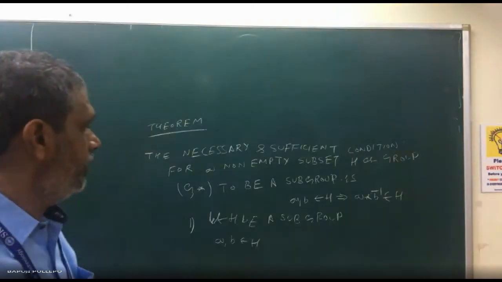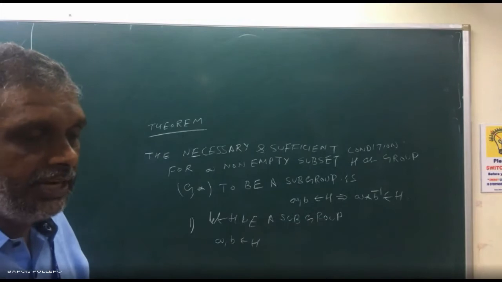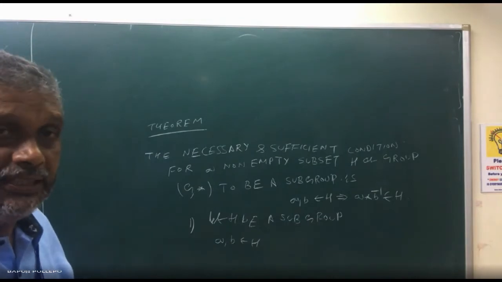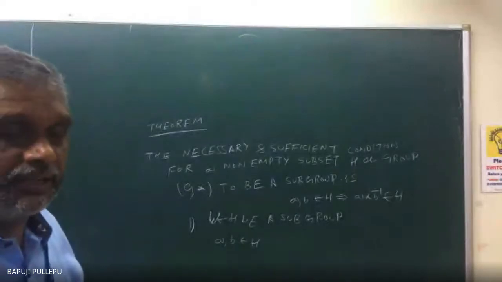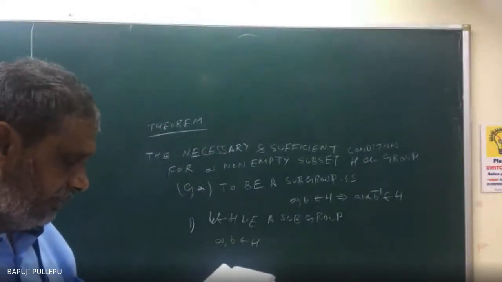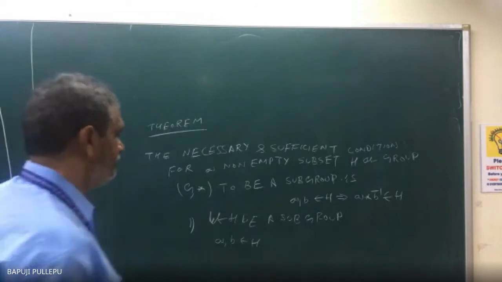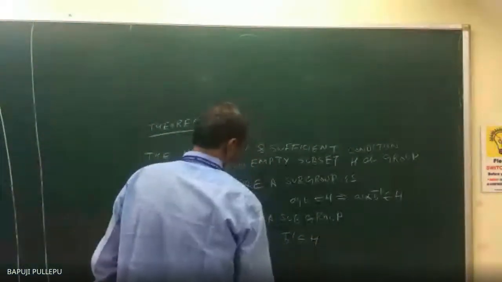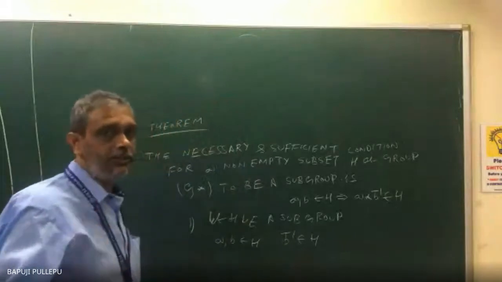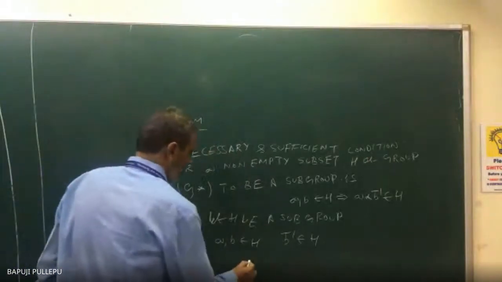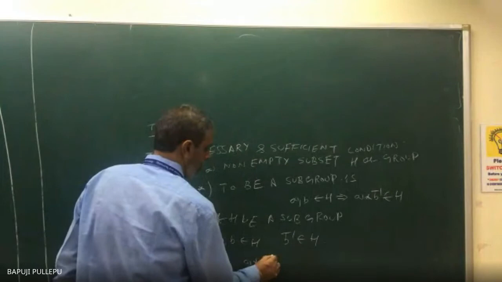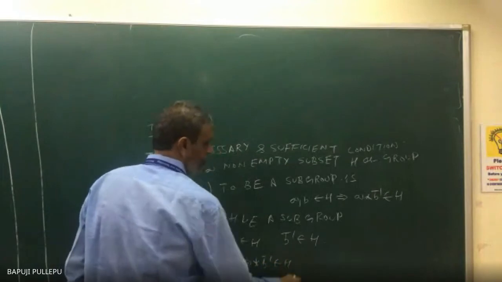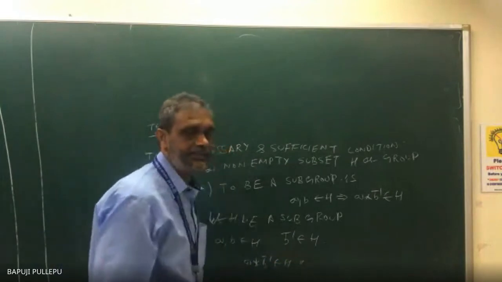Okay. Now, actually, I am taking for granted A, B belongs to H. Obviously, A inverse also belongs to H, and B inverse also belongs to H, or not? Now, I want to prove A star B inverse. This implies B inverse also belongs to H. So if it is a subgroup, it is compulsory closure, so that means A star B inverse also belongs to H. It is proved. This is the necessary condition.